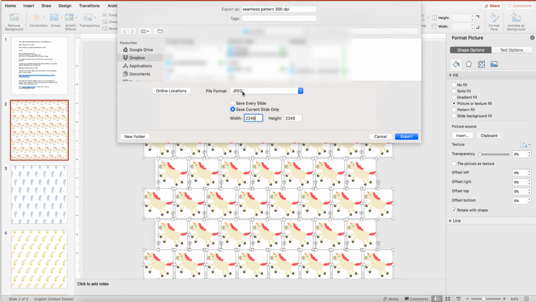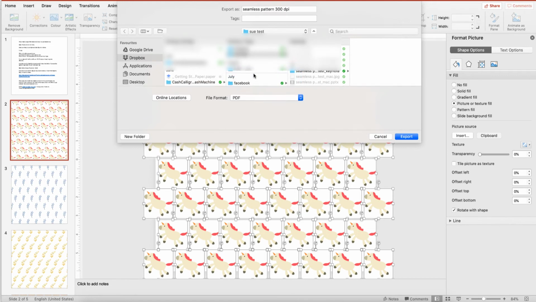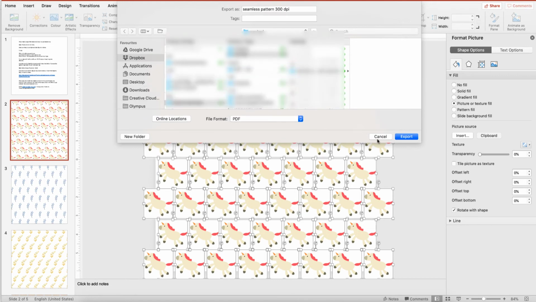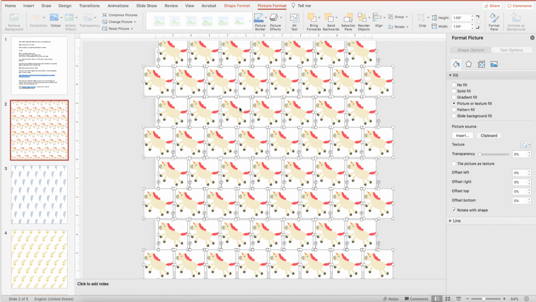So the best way to do it on a Mac is to actually create it as a PDF, and yes, it does all of them. So what I'm going to do is I'm going to actually save it as Mac Test. There's PowerPoint, so I know which one it is. Export, and then I go into that folder,